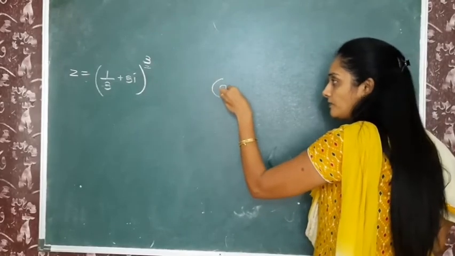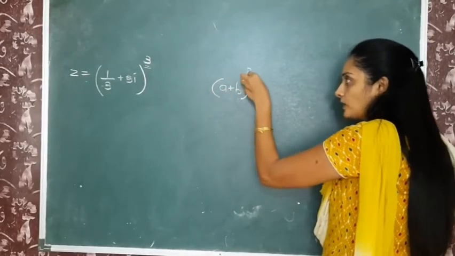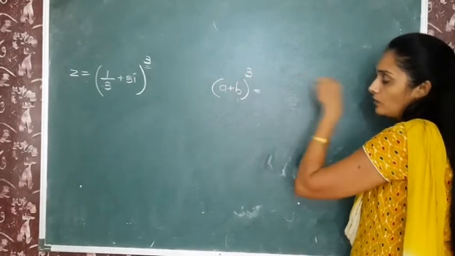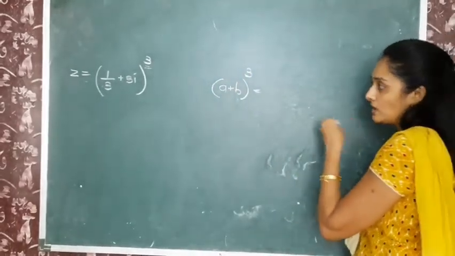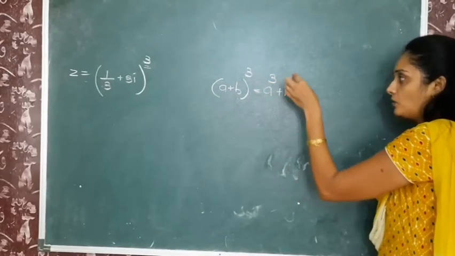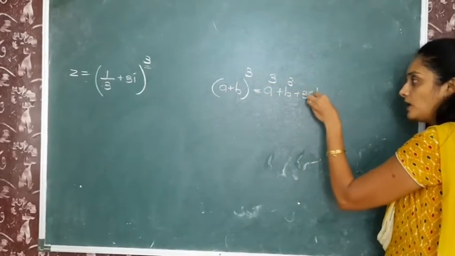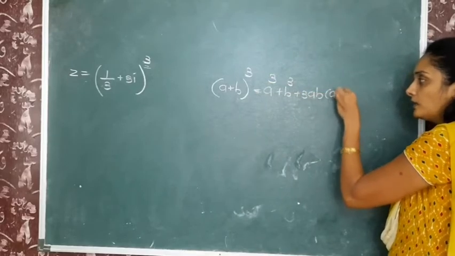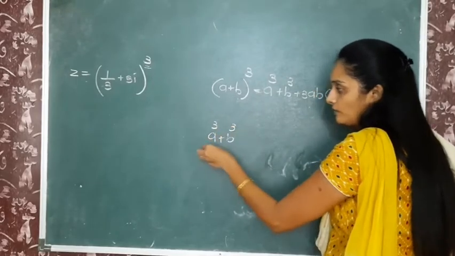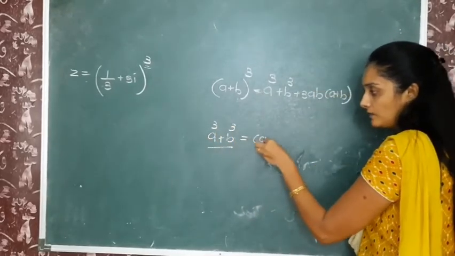That means a plus b whole cube. And as you all know, you all learned in standard 9, a cube plus b cube plus 3ab in the bracket a plus b. If a cube plus b cube, then formula is